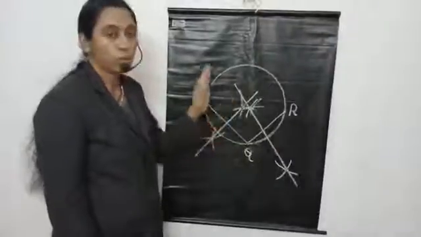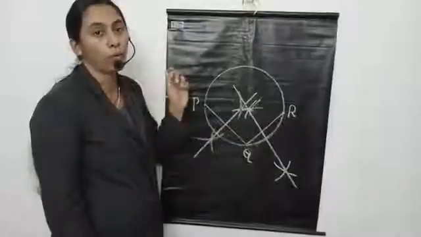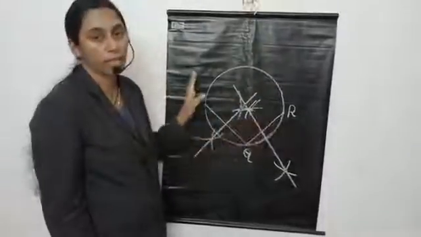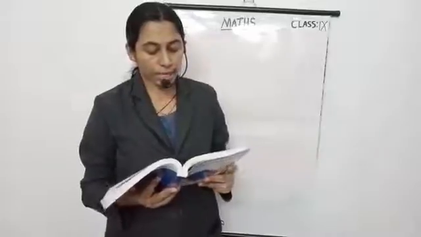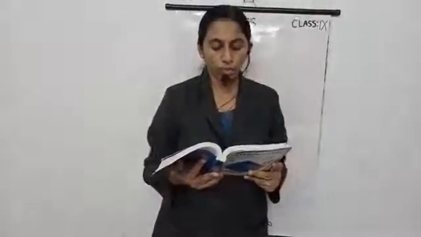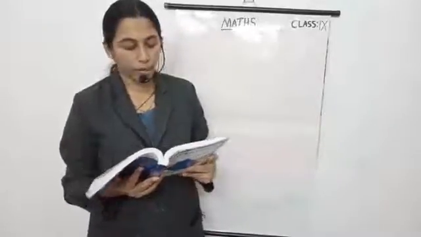Then the two perpendicular bisectors meet at one point. That point is the center of the given circle. Now question number 3. If two circles intersect at 2 points, prove that their centers lie on the perpendicular bisector